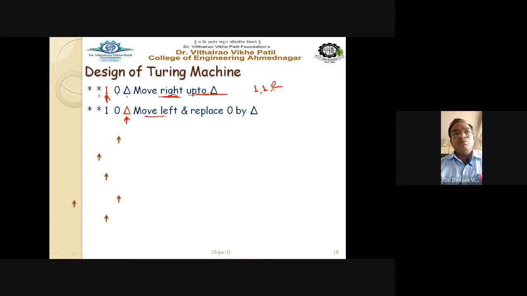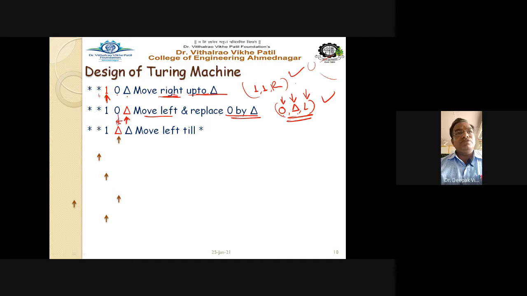So from here start moving in the left hand side direction, and replace 0 by delta. If the adjacent 0 is there, that 0 is to be replaced. So 0 delta left is the transition. 0 is the input, replace that 0 by the capital delta and move in the left hand side direction. So this logic you have to remember, because while drawing the diagram with the different states, this is important. This will give you the actual transitions or actual operations of the Turing machine. So this is the way.